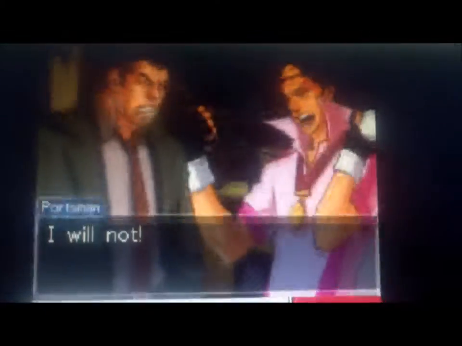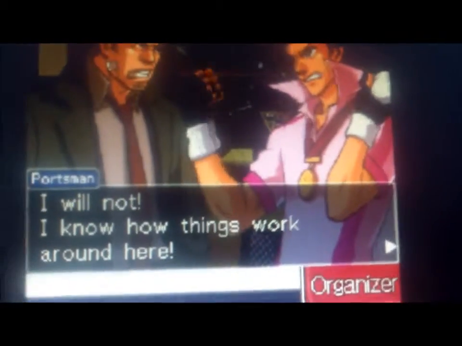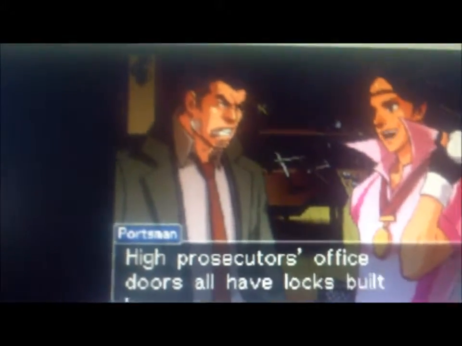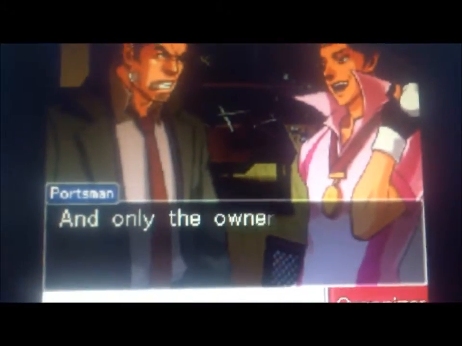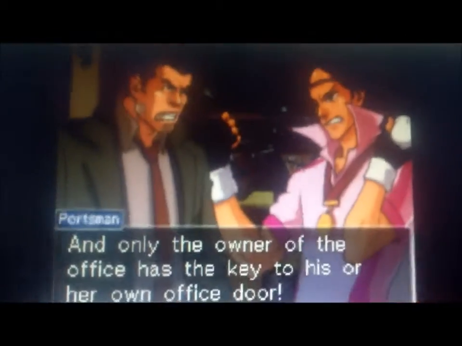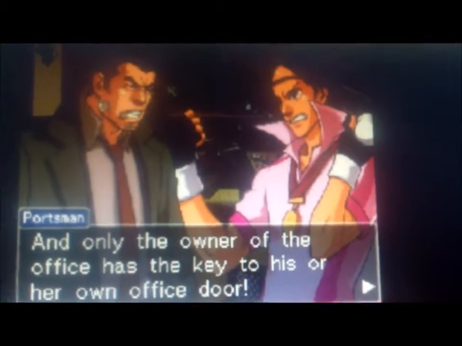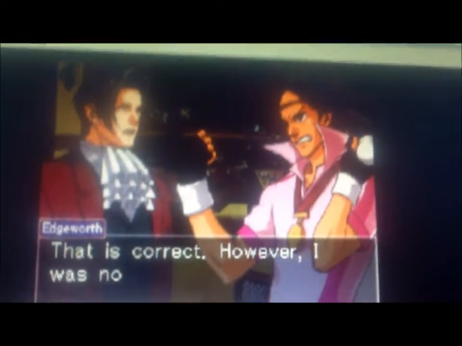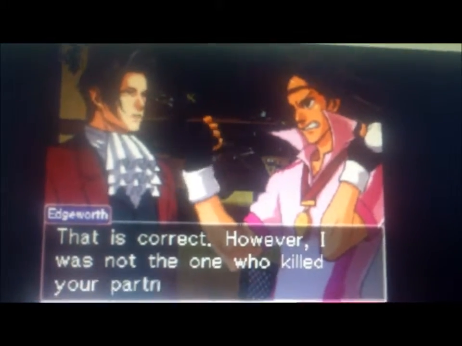Just calm down, okay? I will not. I know how things work around here. My prosecutor office's doors all have locks built into them. And only the owner of the office has the key to her own office door. That is correct. However, I was not the one who killed your partner.